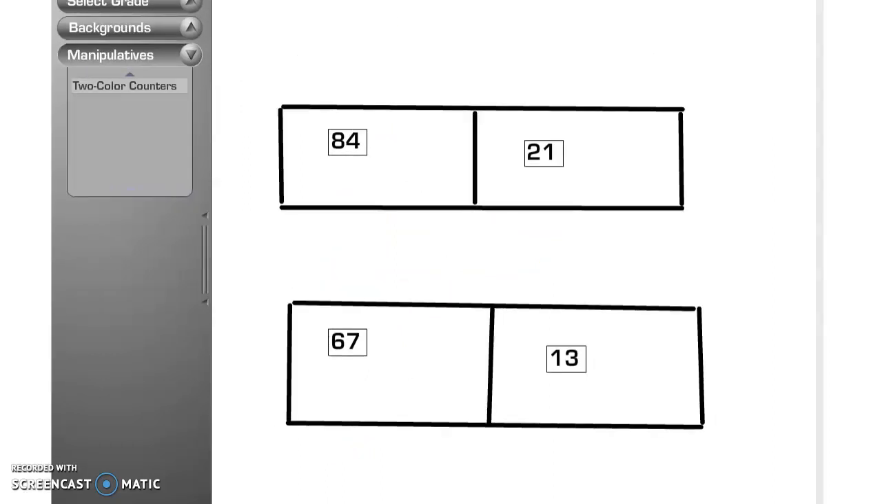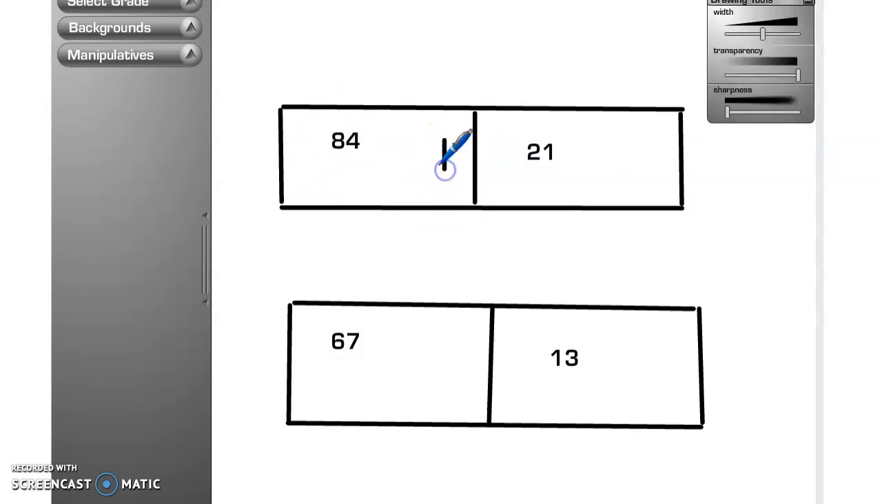Here is our next problem. You can also use graphs to help you solve addition and subtraction problems. So if I have 84 plus 21, what I can do is I can either use base 10 blocks, or I could use this graph here to add. I'm going to make it easier to add, so I'm going to place them on top of each other. So 84 plus 21,